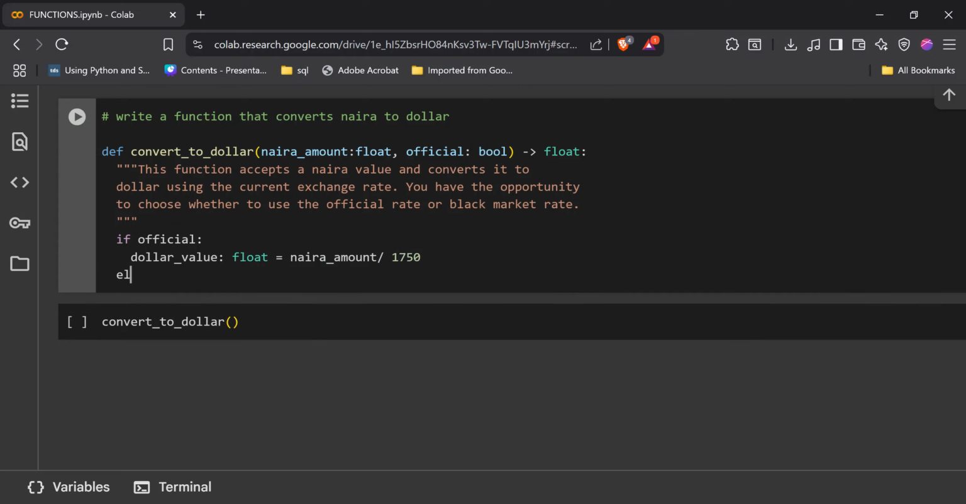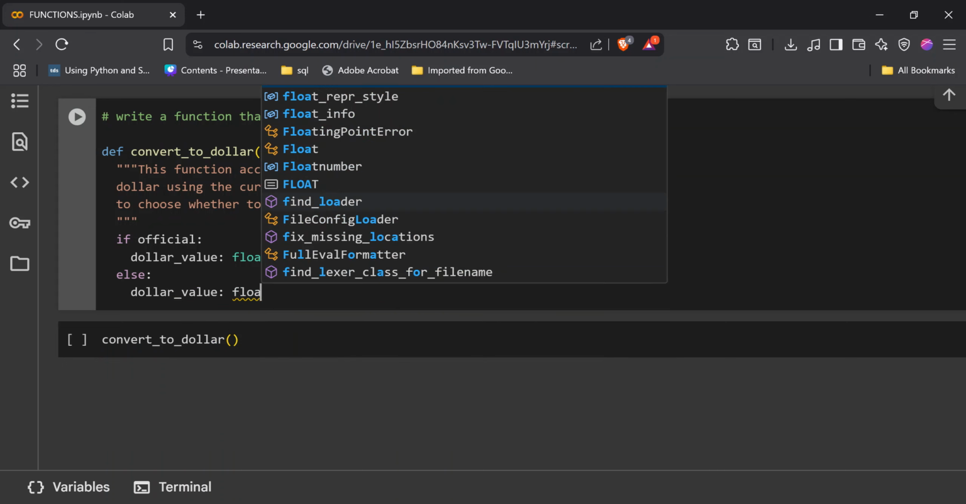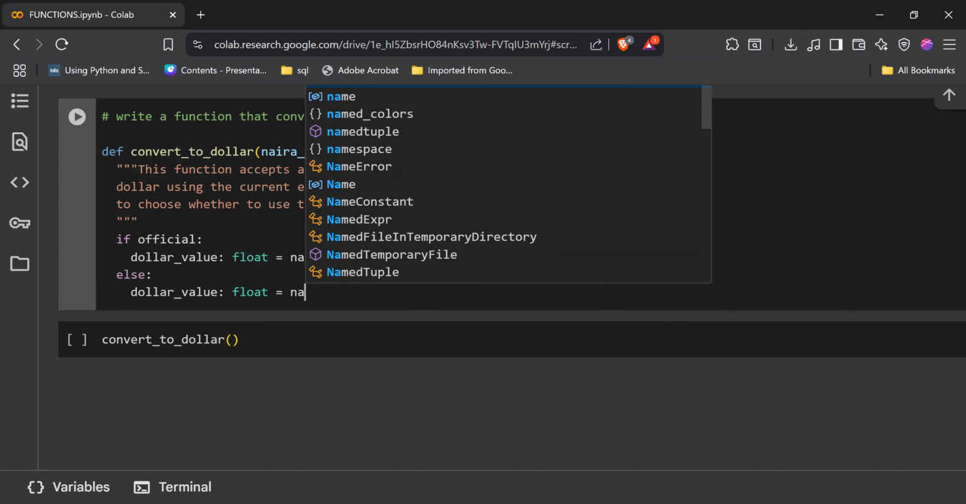Then we can go else, that is if it is not the official one. What we are going to do is say dollar_value, let's say the black market rate is, let's say, that is going to be float also. It's going to be equal to naira